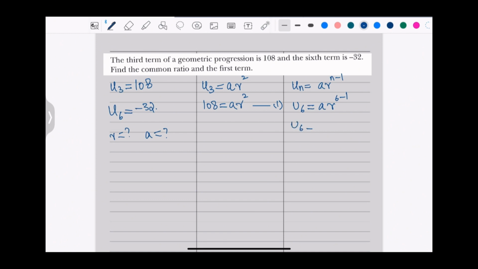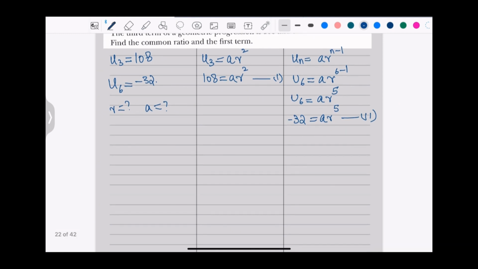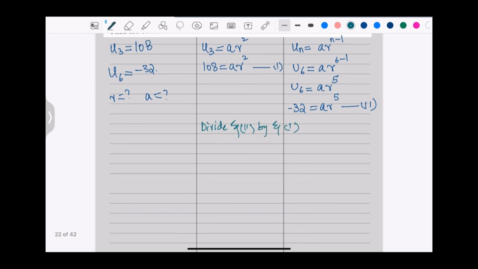So u of 6 is equal to a r to the power 5, and u of 6 is negative 32, so negative 32 is equal to a r to the power 5. That becomes my second equation. Now, if I divide equation 2 by equation 1, I'll see that negative 32 over 108 is equal to a r